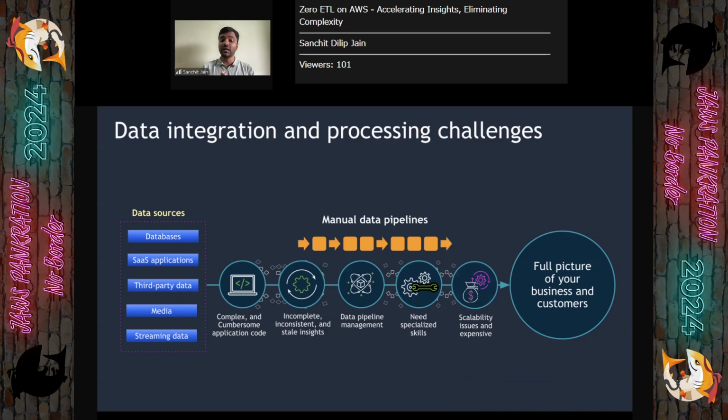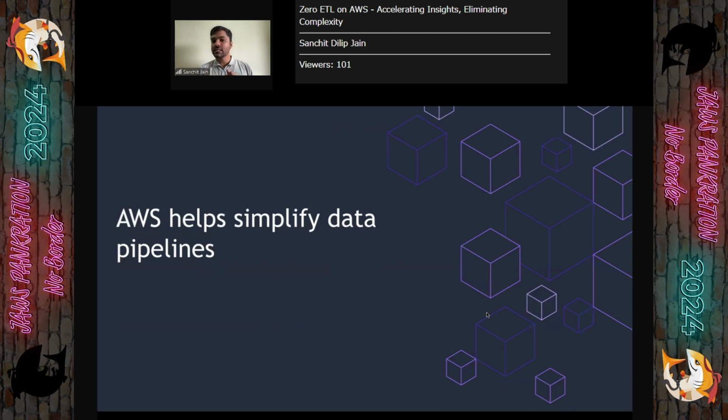Like how critical it is. You can talk to anyone in your organization. If you're working as a DevOps and your organization is already processing data, or maybe your friends are working with data, you can fact check with them, and they would resonate that yes, these are the problems a data engineer deals with day in, day out to get the right insights to their business stakeholders. With that, let's understand how AWS comes in to solve some of these problems and how they envision accelerating this.